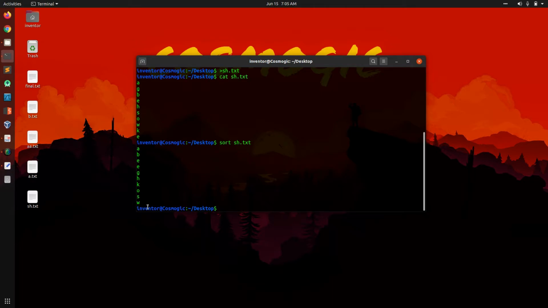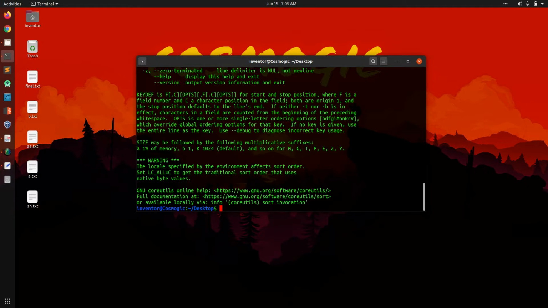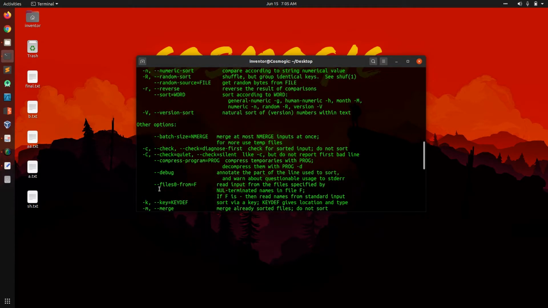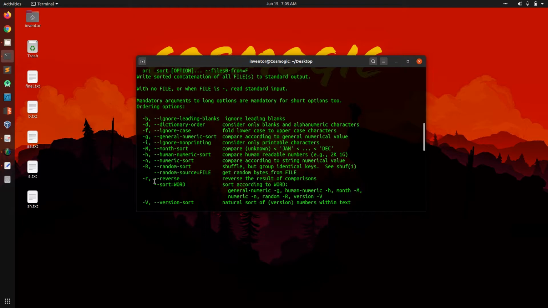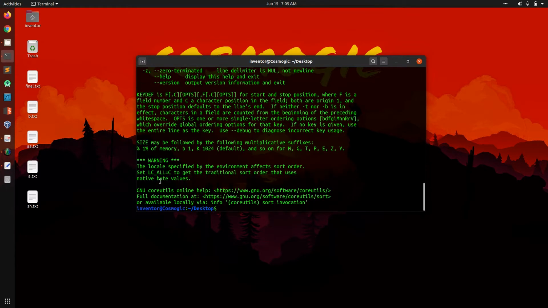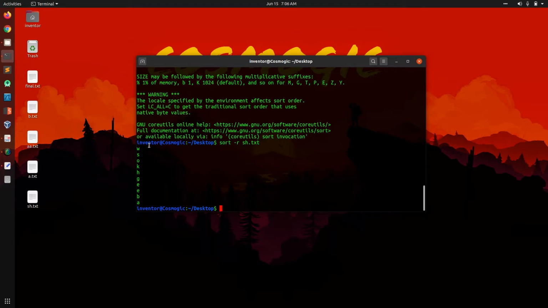Now there are different options available with the sort command. Here we can see it has many options. Let's try this reverse one. Now we are getting the sorted content but in reverse order.